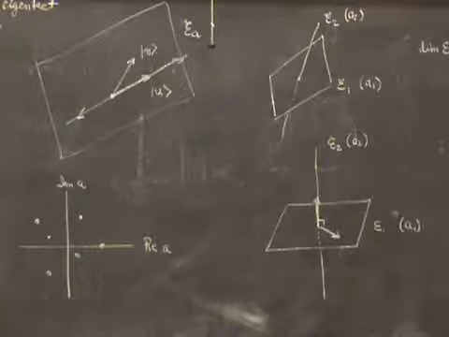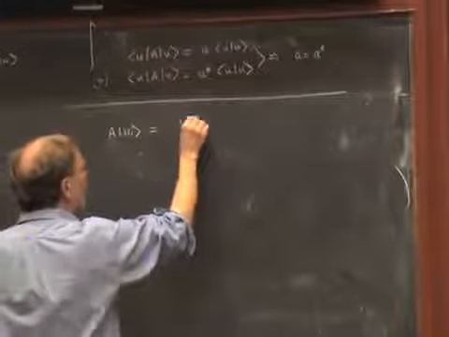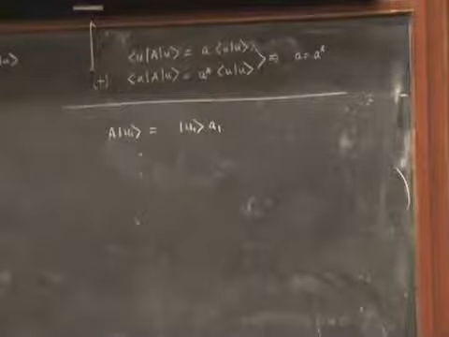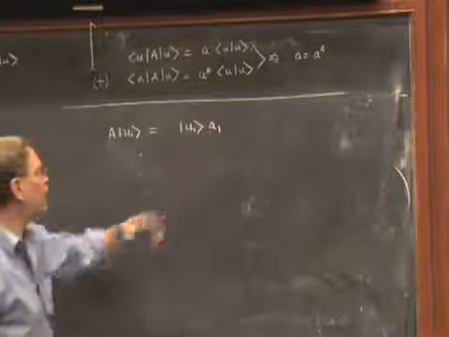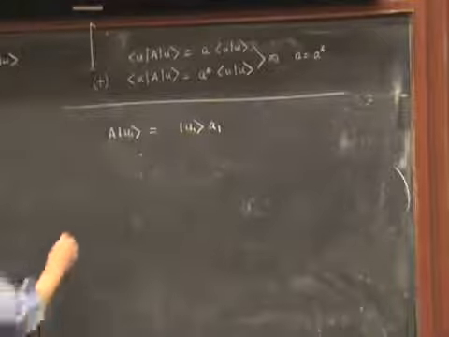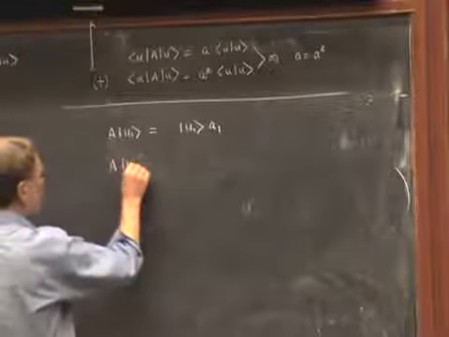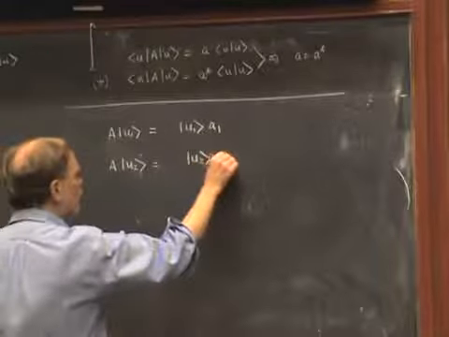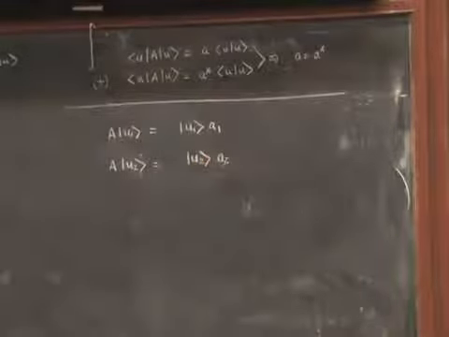It works like this. Let's say that A acting on U1 gives me U1 all over again multiplied by an eigenvalue of A1, which I'll write out to the right now instead of the left. It doesn't matter which way I write it because it's multiplying a number times a vector. And then let's say there was a second vector U2, such that A acting on U2 is equal to U2 times A2. So these are two different eigenkets and possibly two different eigenvalues. Now let's take the first equation and multiply on the left by the bra U1.